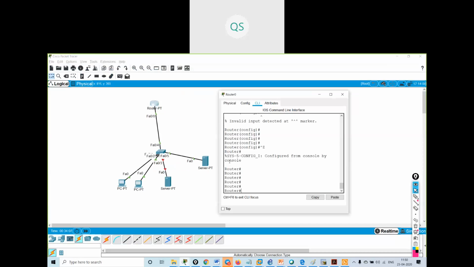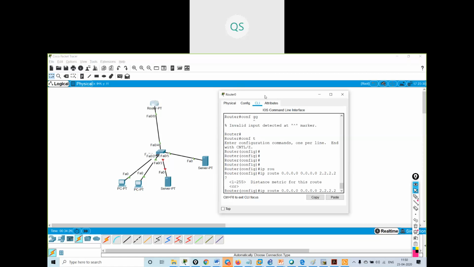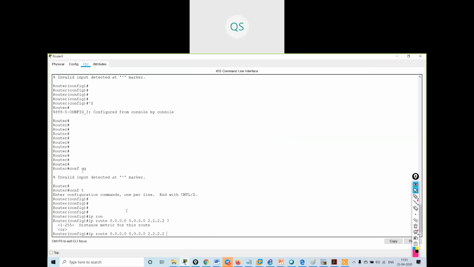If you will, it is having the option in this Packet Tracer. In config terminal, ip route 0.0.0.0 0.0.0.0, then see, it is giving me the distance metric for this route. So if I give the distance metric for this route as